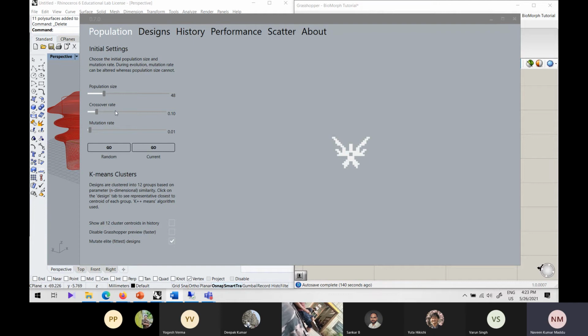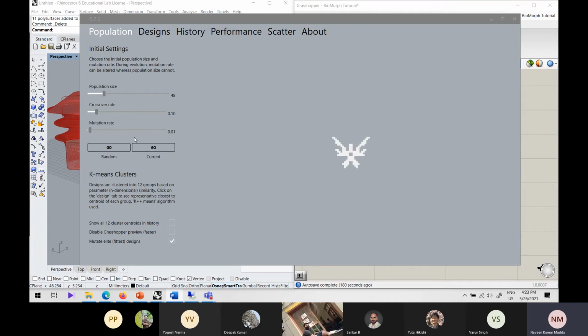So that is crossover, at what rate you're trying to crossover. More crossover is good and less crossover is less. Another thing is mutation. In GA, mutation is related to the exploration of the search space. So it's trying to go and see what mutation is happening and at what probability it is trying to create the object.